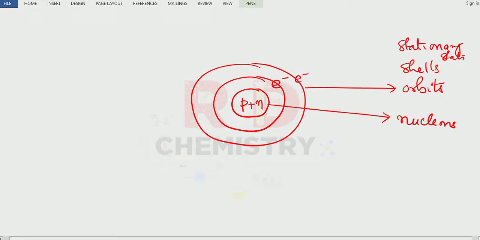They are numbered: shell number 1, shell number 2, shell number 3, 4 up to infinity, or in terms of K shell, L, M, N, and it goes on like this. Now, an electron can jump from the first shell to the second shell. They need to absorb energy, and then they are unstable at the higher state. Therefore, they lose their energy and go back to the ground state. When they do so, they always liberate energy in the form of radiations.